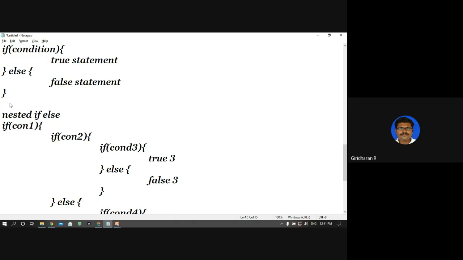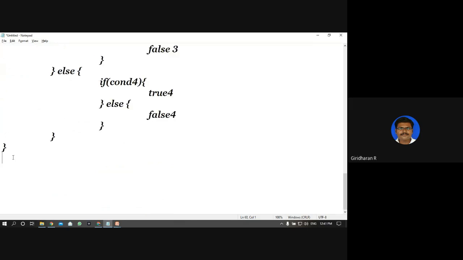Or else I can use the else if ladder. Normally it is called the else if ladder. Ladder in the sense that it starts with if condition 1. If this is true, then true statement 1 is executed. Else if